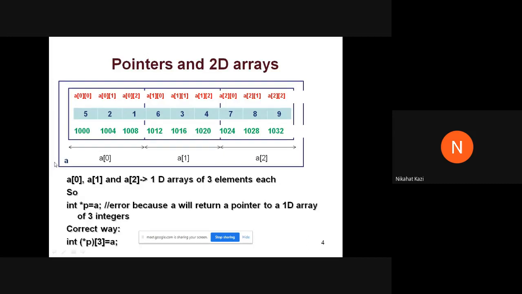And what is the address of the first element of this array? First of all, what is the first element of this array? Can anyone tell me on the chat? What is the first element of this array A?